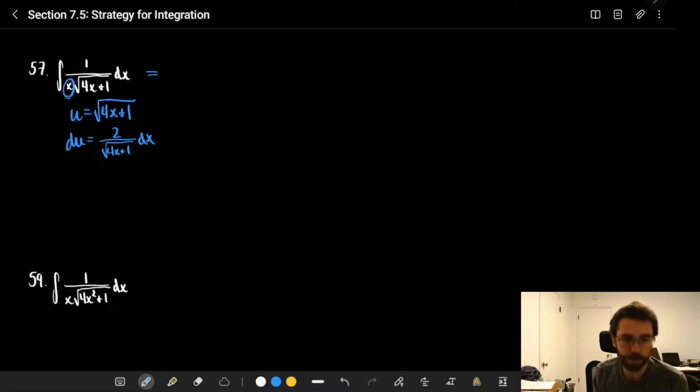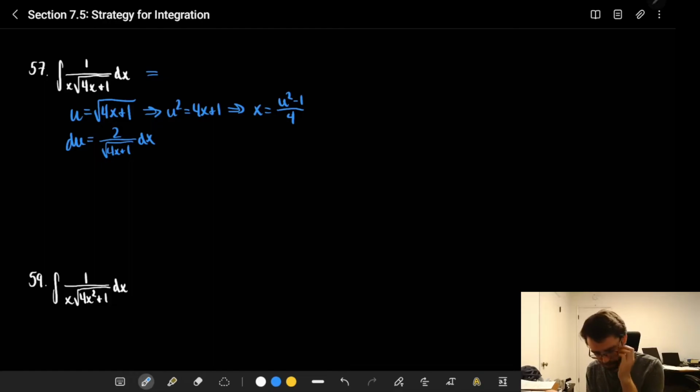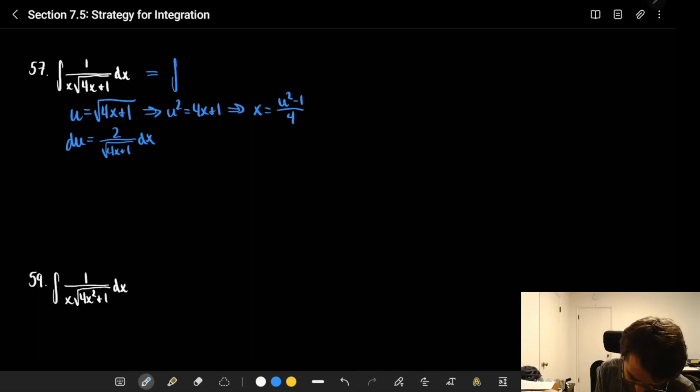I still need to address what x is. But you can solve the u equation. Say u squared would be 4x plus 1. So x would be... Oh, this is getting ugly. Would be that. But let's just see. Ugly doesn't mean bad. Let's even solve this first. So dx would be